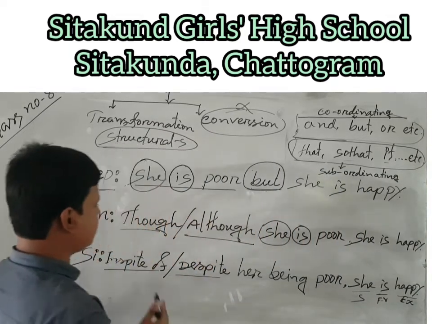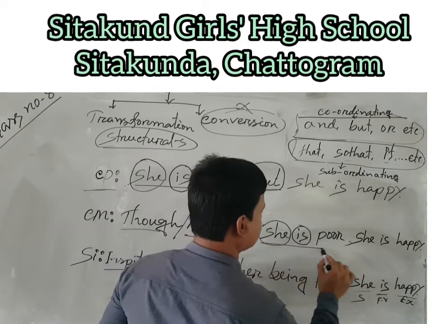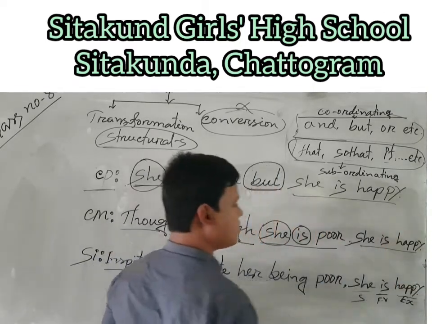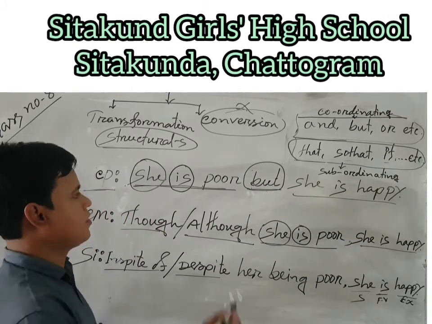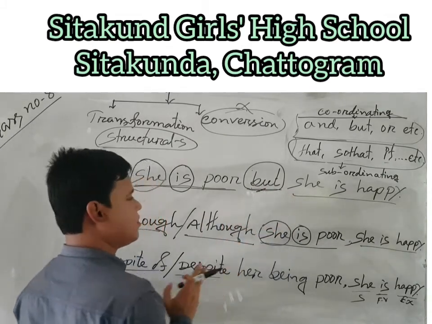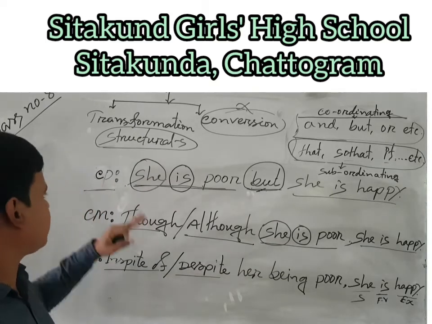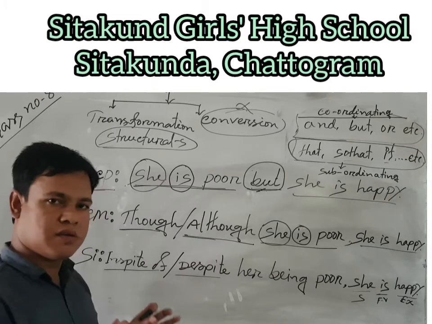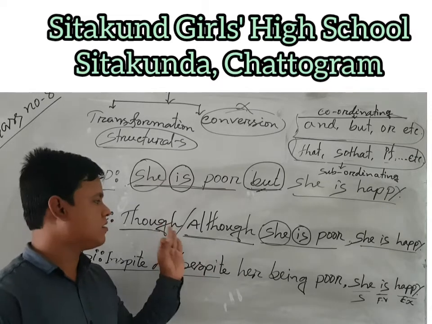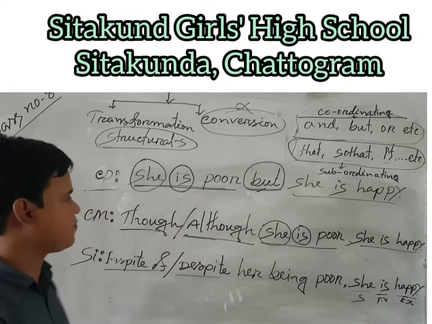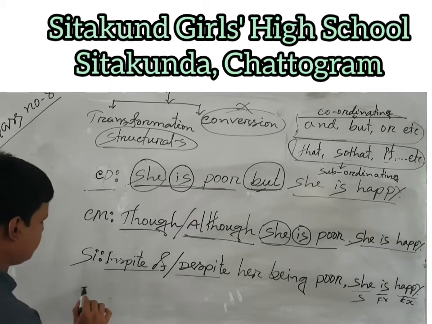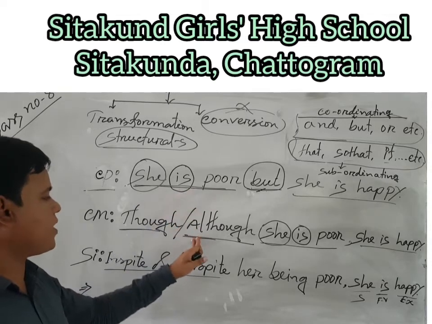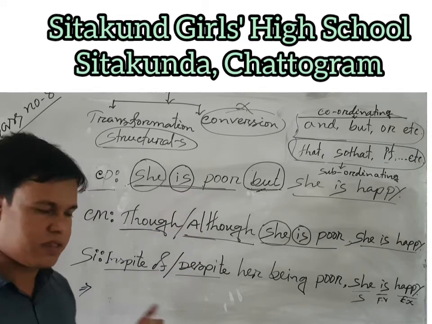But in the complex sentence, there are one more sentences. When we find a coordinate conjunction, then the sentence will be compound, and when we find a subordinate conjunction, then the sentence is complex. Yes, students, in another way we can transfer the compound or complex to simple. In another way, the way is